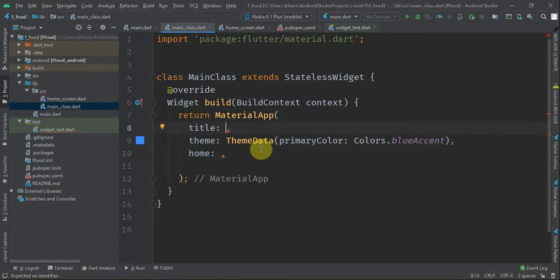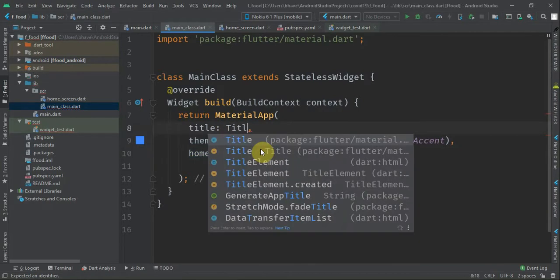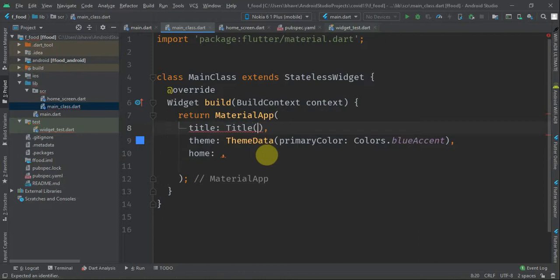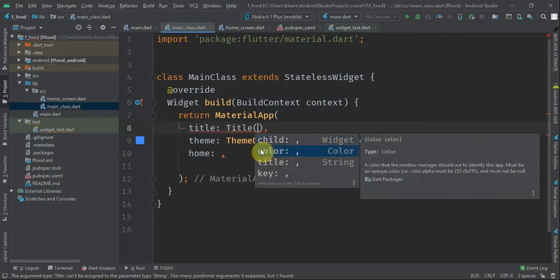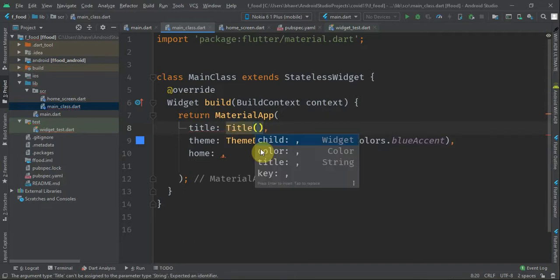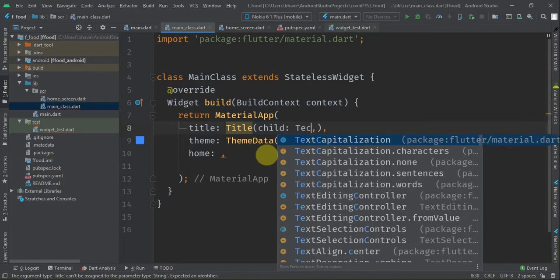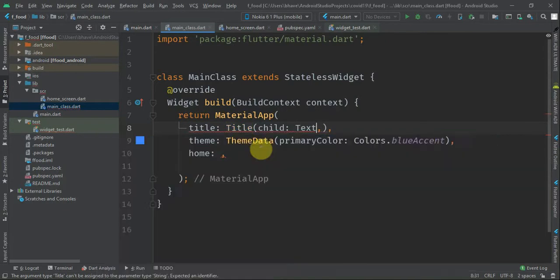You can always take Text, or I can take title, and inside that title I can pass what title takes, color, child, title again. It will take child as Text.